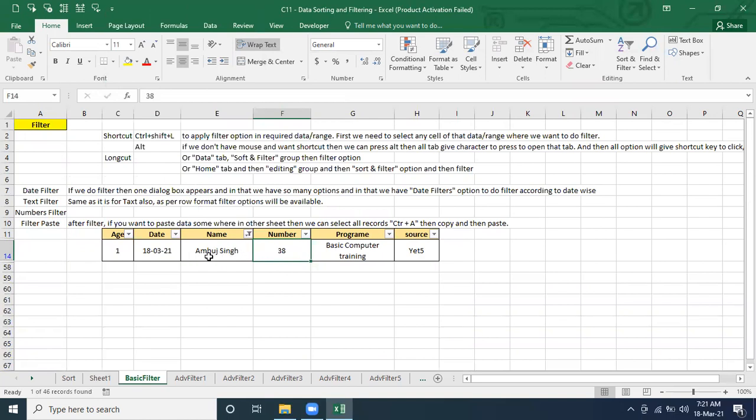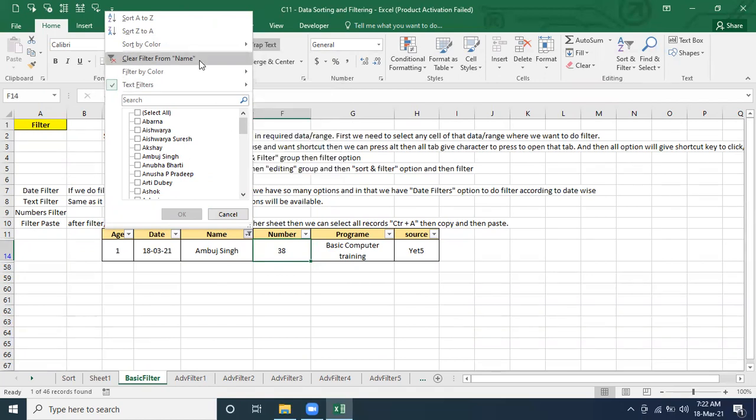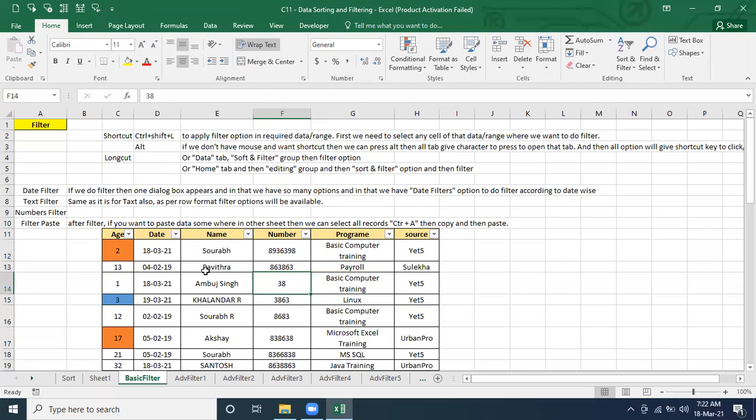Not only the whole word, even you can search partial text like Buz. Let me remove this one. So many are there. Out of this, Pavitra is there, Ambuz is there, and Kalandar is there, Saurabh is there. Let's say in Saurabh you want RABH, correct?